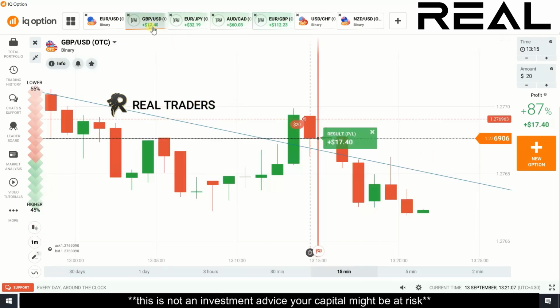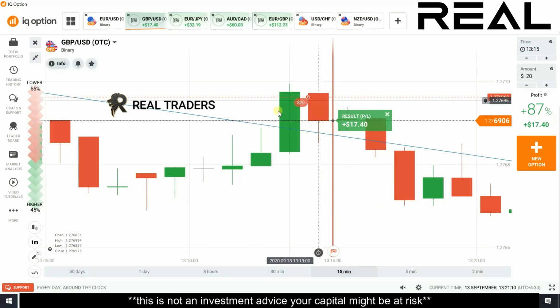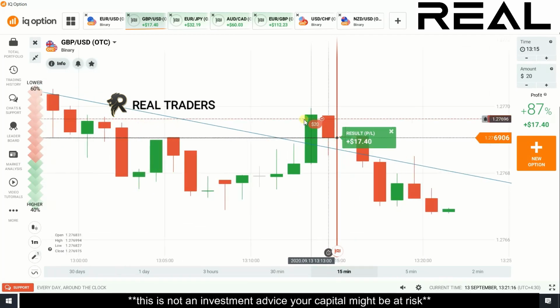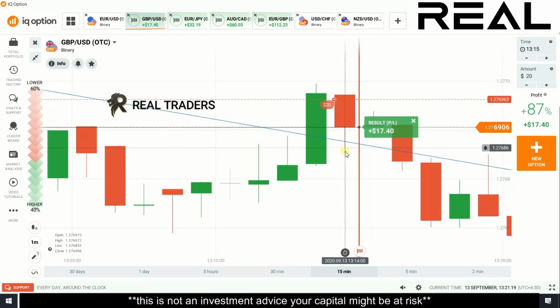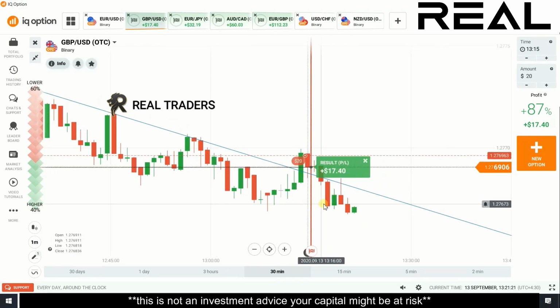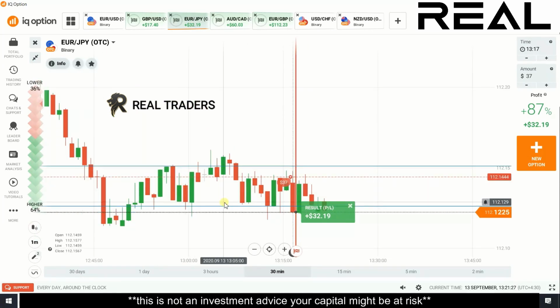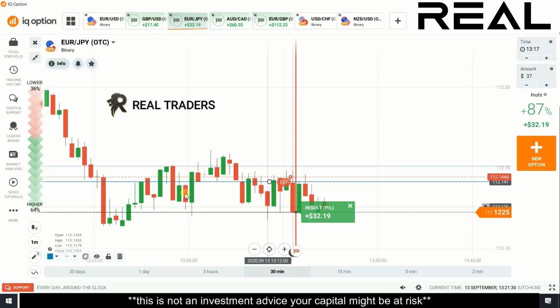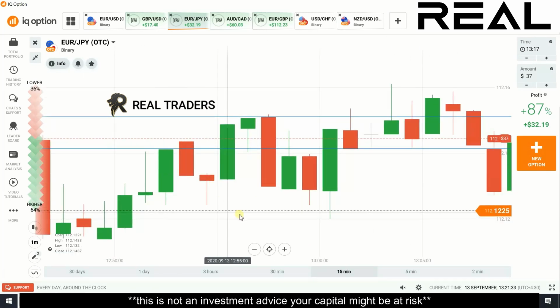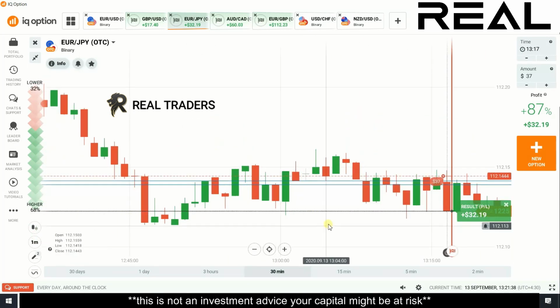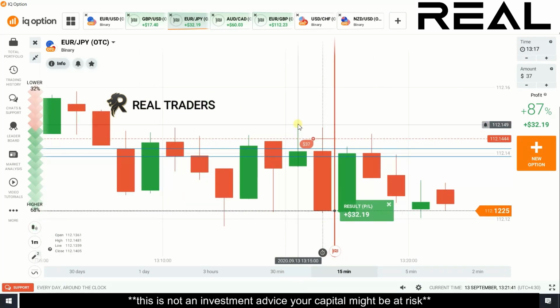Okay, so this was my first trade. I placed a lower option here because of this long candle, and it broke this trend line. And if you see here, there is a rejection from the sellers, so that's why I placed a lower option, and it goes down. It is my second trade. I placed a lower option because of this level. You can see here the seller's entry, and if you draw a whole area, this area is a resistance level, and you can see there is a strong rejection from the sellers,